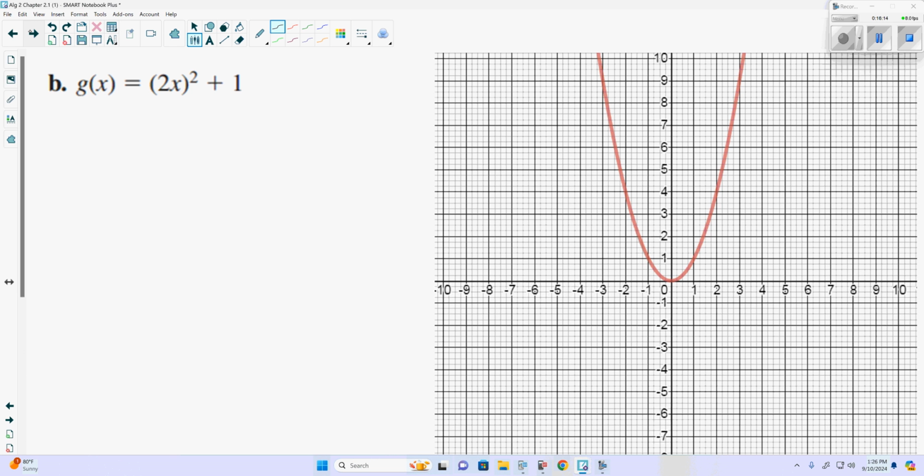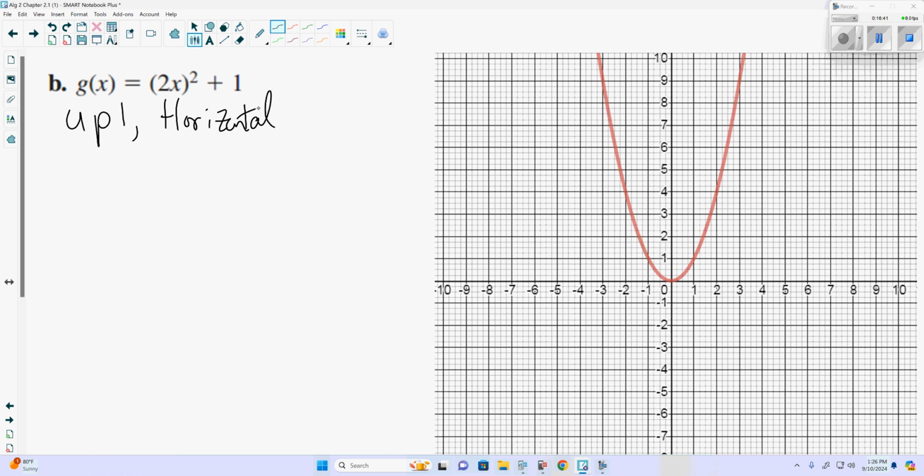Next, (2x) squared plus 1. So we have, again, two transformations. Let's do the easy one first. Plus 1 tells us what? Up 1. Now the 2 being multiplied inside the parentheses means we're talking about horizontal